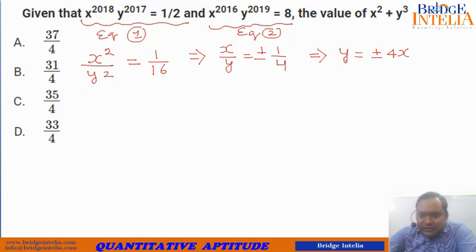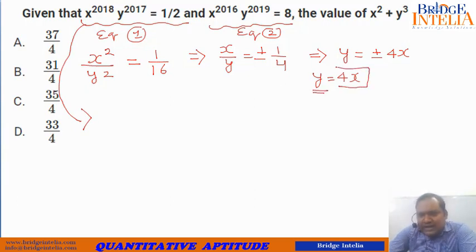So for the sake of simplicity and time, because any one option has to be correct, let me take y is equal to 4x and substitute it here. So now let's do that. I am taking the first equation, and instead of y I would be substituting 4x to see how things turn out to be. So equation 1 tells me that x to the power 2018 into y to the power